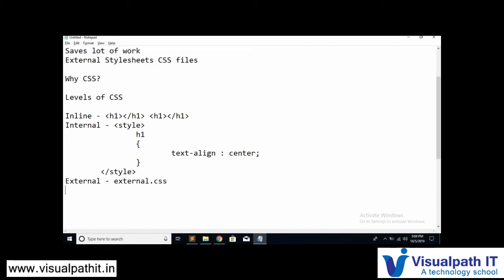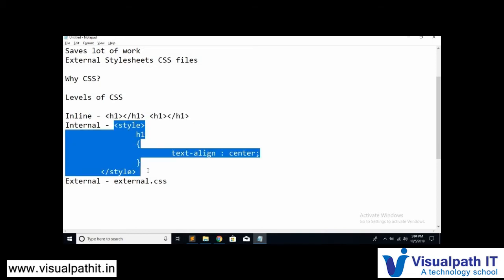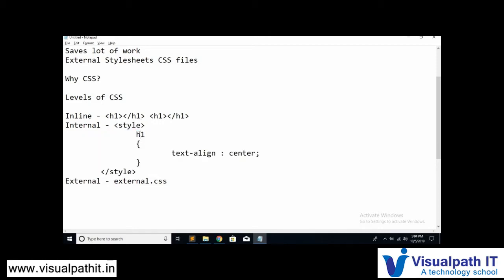Now what's the difference between external, internal and inline? When it comes to inline, it just gives the property or design to one tag in which the style attribute is specified, right? When it comes to internal, it will give the style to all the h1 tags. It will not see whether it's first, second, last, nothing.